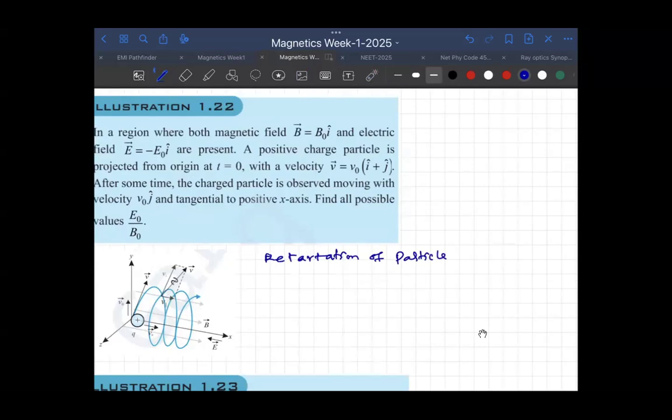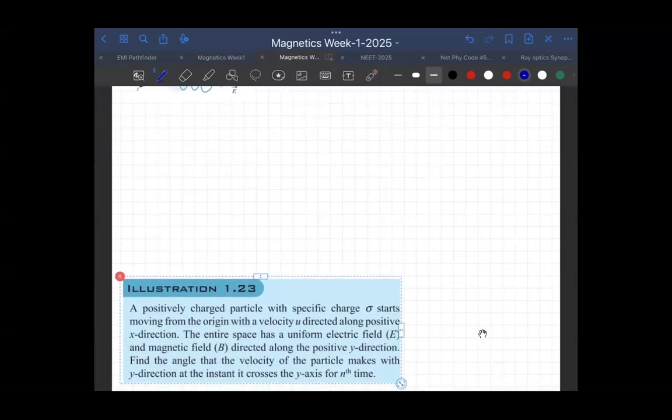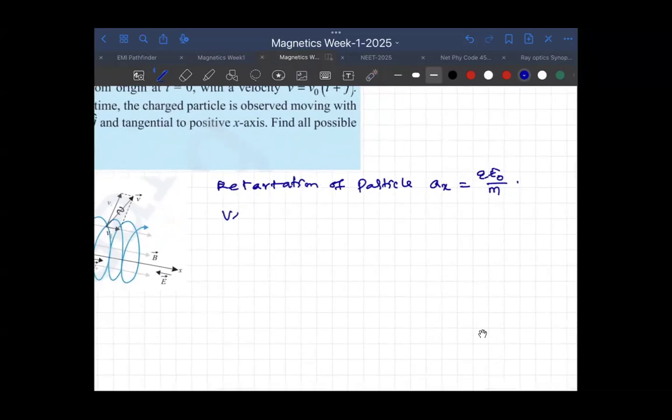The retardation of the particle can be given as minus a_x, which is qE naught by m. Right. What about velocity? Velocity component along x,